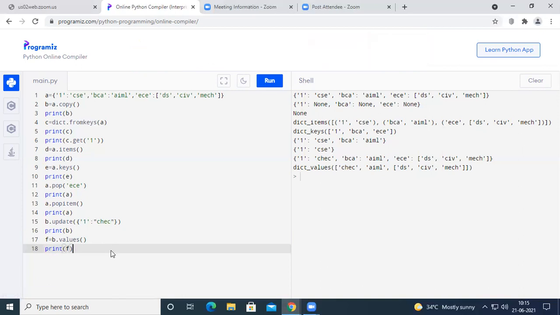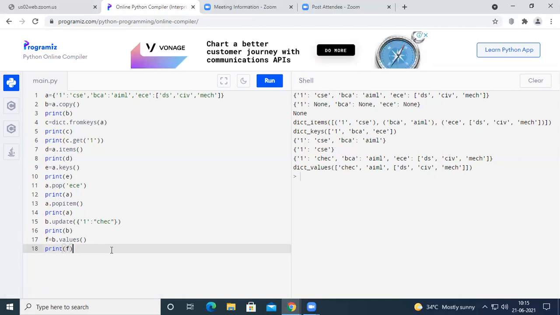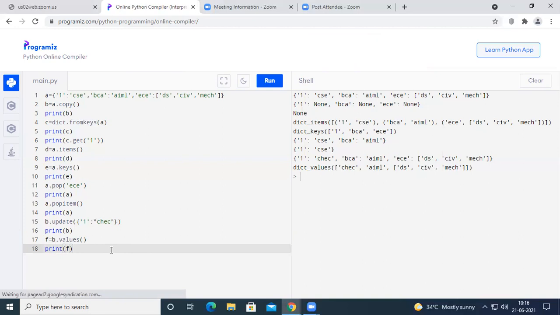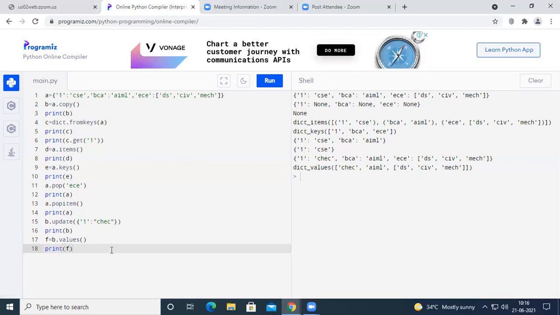And then if you want to delete an item at a particular index, you can choose the pop function. So pop of a given index. That given index value will be deleted from the dictionary. And at the same time, if you want to delete the last element inside the dictionary, you can go for popitem. For popitem, there is no need to mention the index value, because it is going to delete the last element when you are using version 3.7. And for people who are using versions before 3.7, this popitem is going to delete any one item randomly. We don't know which item will be deleted by using the popitem function in the versions before 3.7.